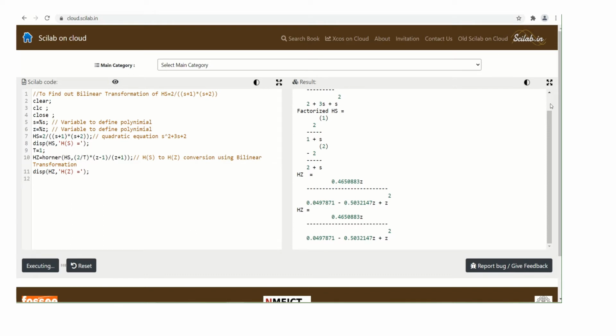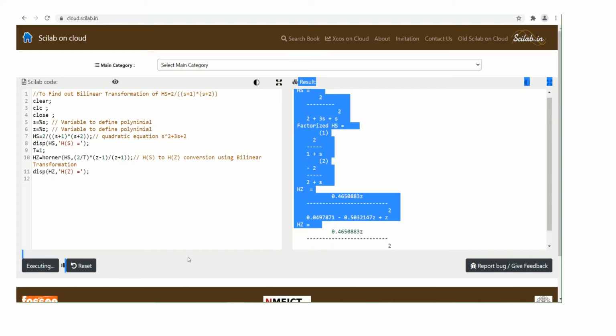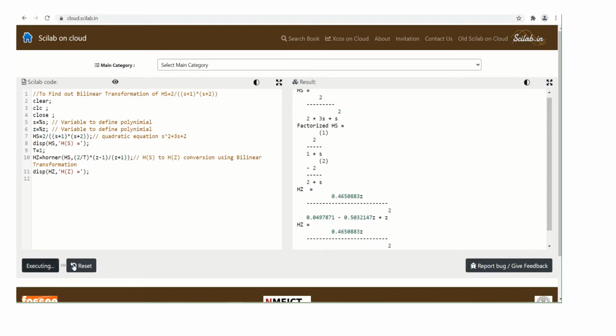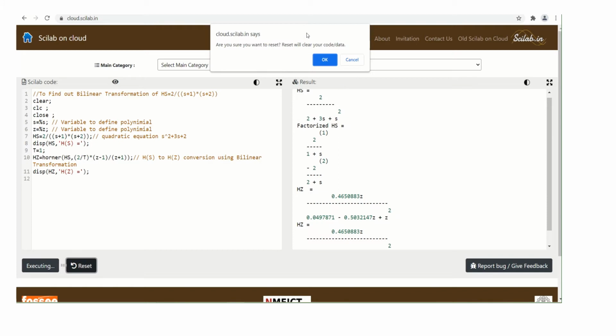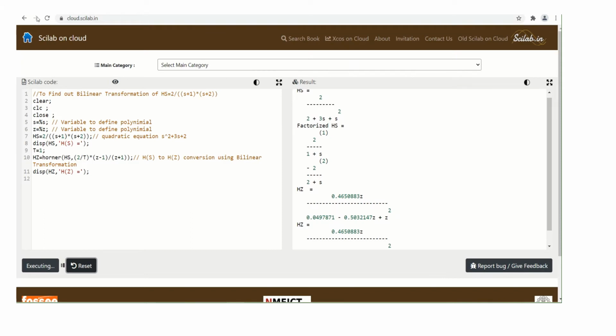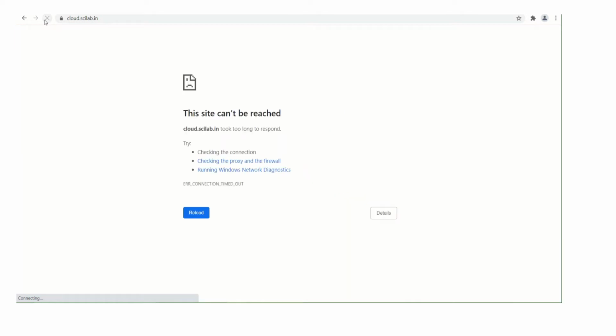You will see that the result is different from this one. I will refresh this page. I think the net connection is slow, that's why we are facing such a problem. See, your net connection is slow.